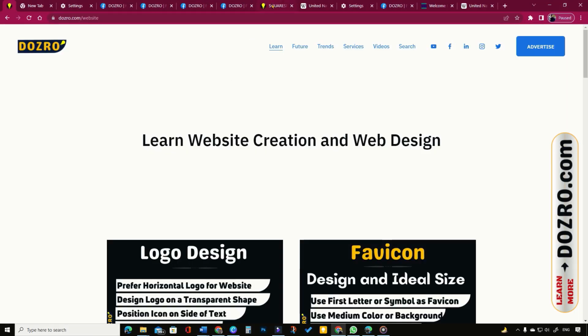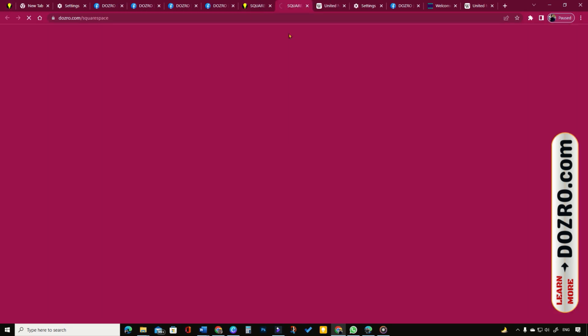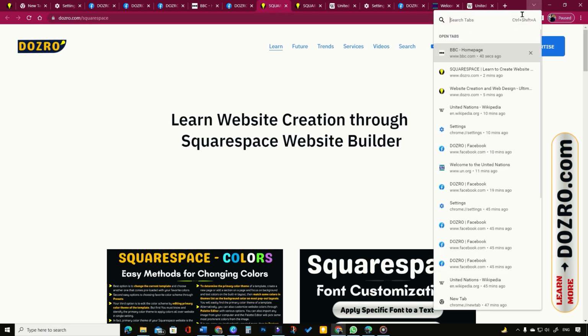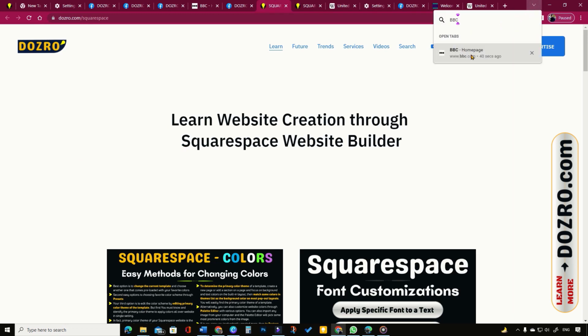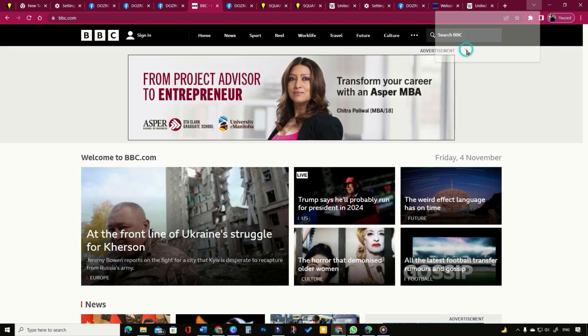To open same website page in multiple tabs, right-click on a tab and then select Duplicate option. To quickly find a specific website among lots of open tabs, click this arrow button on top right and then